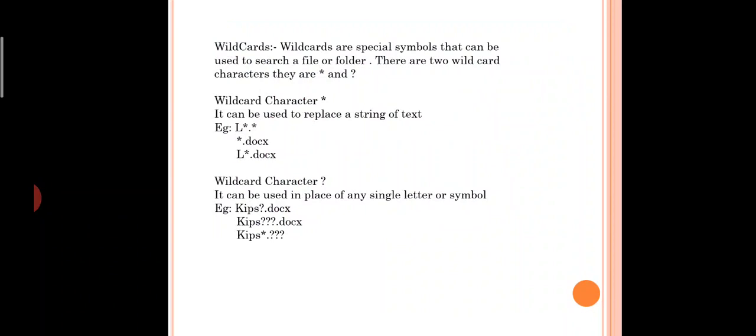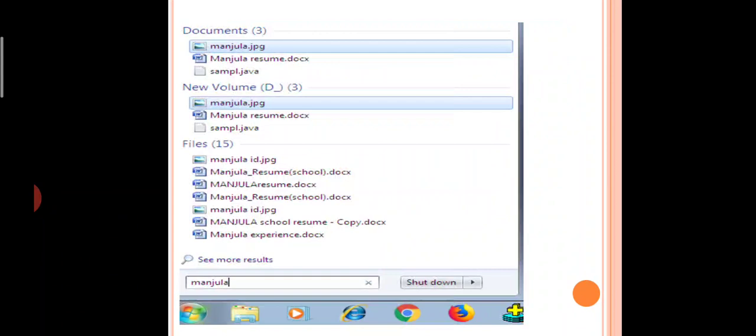So related to this file name, all the files will be listed, and whichever file you feel like using, you can use it. Hope everyone is clear with what wildcards are, what the two different types of wildcards are, and how to use them in real-time situations. Yes, in the next, see here I have gone to the search button and whatever file I have created, I just gave the file name in the search button and clicked on the search button. So in my computer, whichever names are starting with Manjula, everything is listed. Whichever I wanted, I will just double click on it and use it.